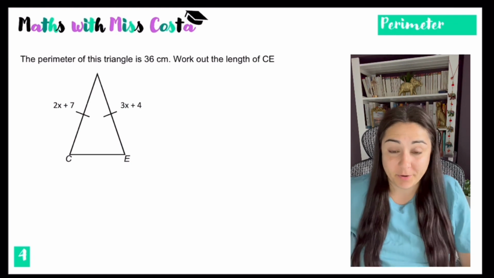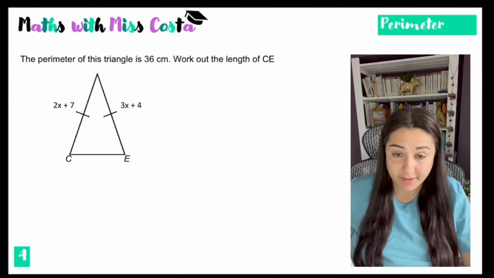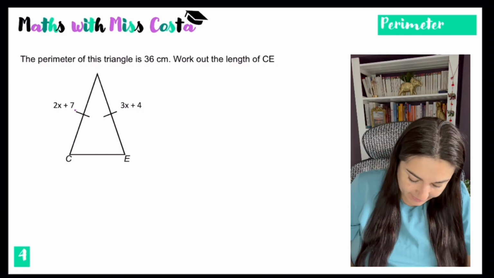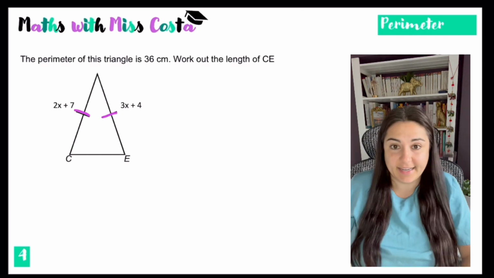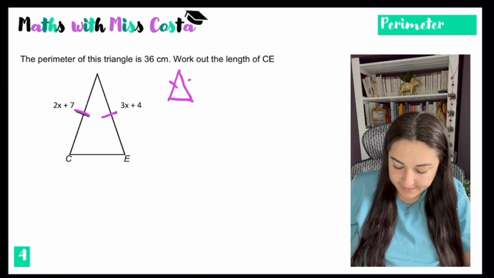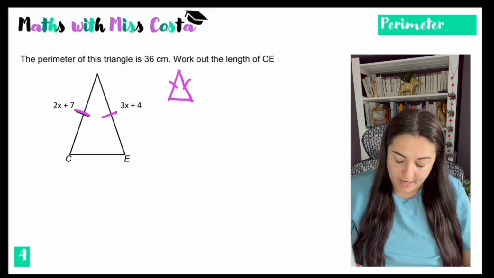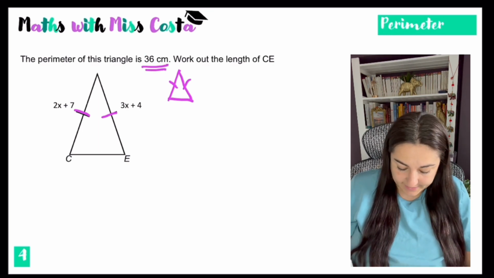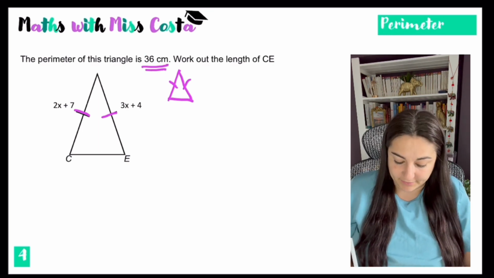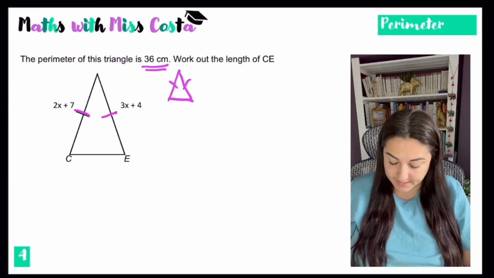So here we've got a perimeter question, and I have been given an isosceles triangle. I know it's an isosceles triangle because these 2 lines here indicate that the sides are equal. And if a triangle has 2 equal sides, then it is an isosceles triangle. So I know the perimeter is 36 degrees. So whatever 2x plus 7 plus 3x plus 4 plus the missing value is, that must add up to 36